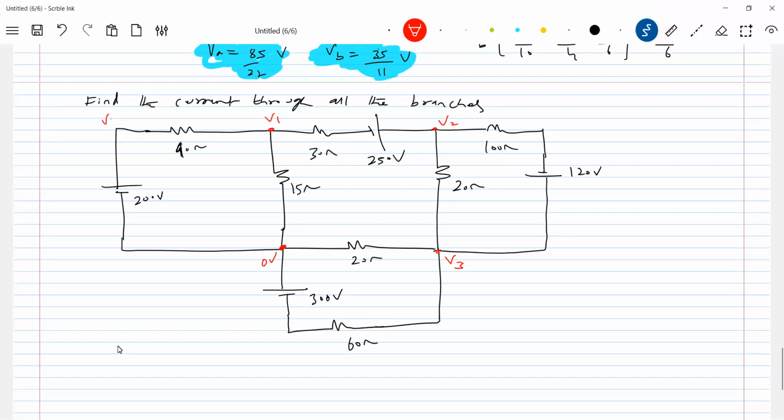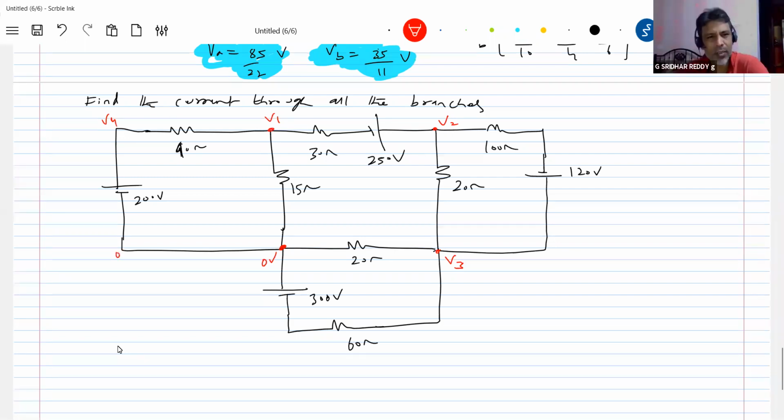Don't write like this. What I mean to say is V4. We know this is 0 volt. What is V4? 200 volt, no? There's no necessity to write it. And here also, V5. What is the potential difference? So V5 minus V3 should be minus 120. We know that, so there's no necessity to define this as a node.